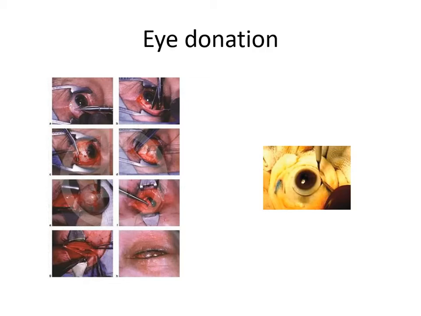Then you ask the other attendants to leave the room. Only the surgical team will be there. You clean the eye as if you are doing an operation with betadine and then apply the eye clamp and then do peritomy. Cutting of the conjunctiva 360 degrees close to the limbus is known as peritomy. So after doing peritomy, you separate the Tenon's from the sclera and then you start hooking the recti muscles.